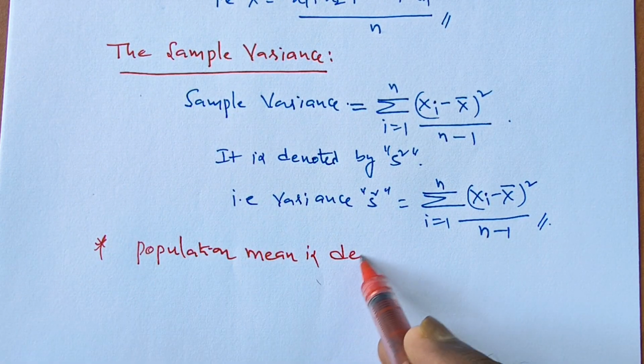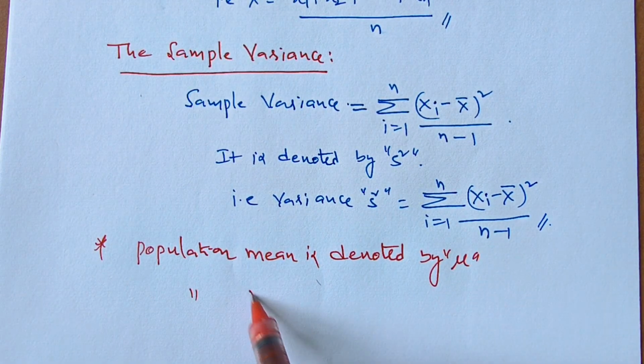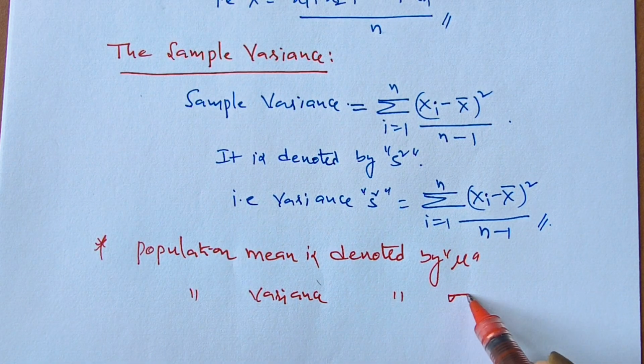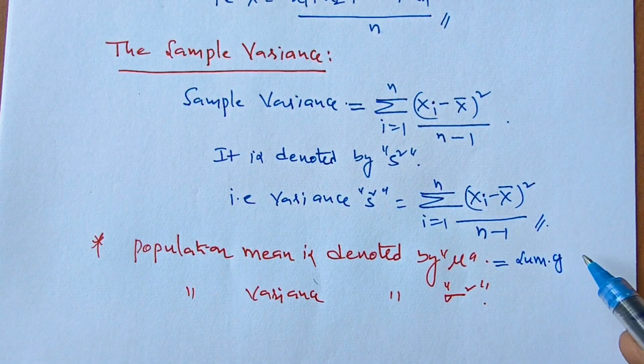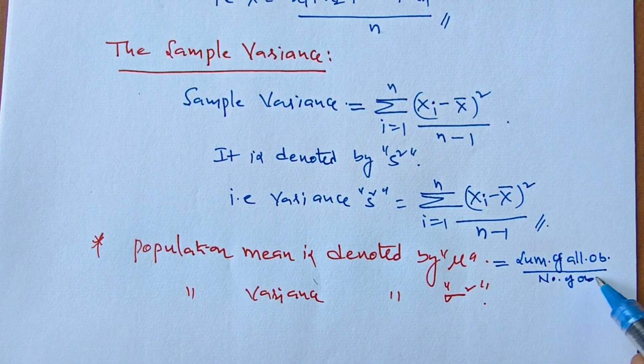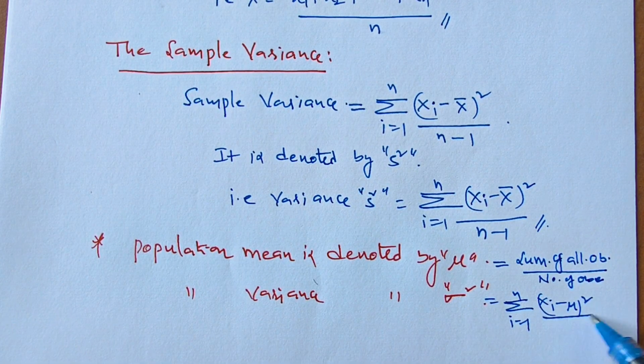Now we have a note here. Population mean is denoted by mu and the population variance is denoted by sigma square. Like the above sample mean formula, the population mean equals the sum of all observations in the population divided by the number of observations. Similarly, population variance is summation i equals 1 to n of (xi minus mu) whole square, divided by capital N, where capital N is the